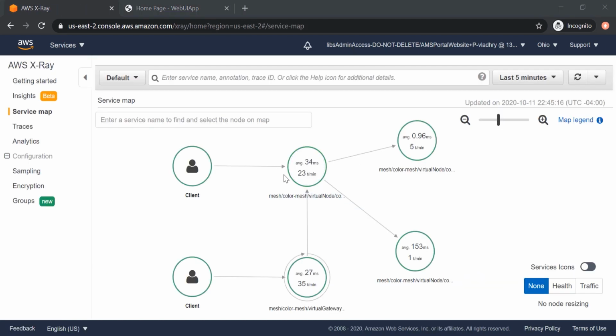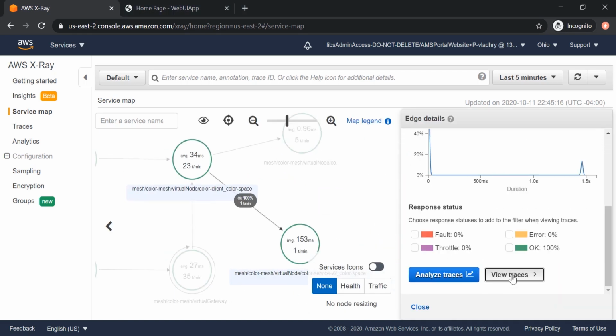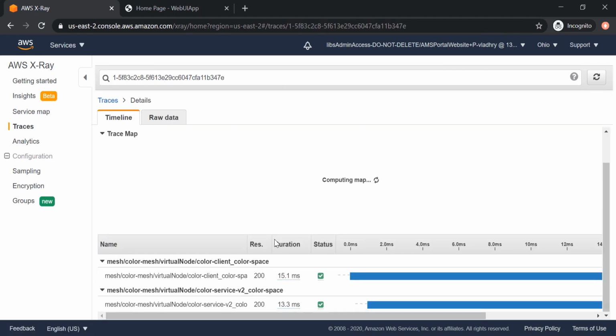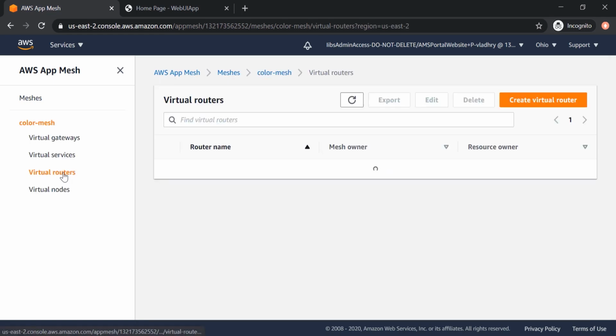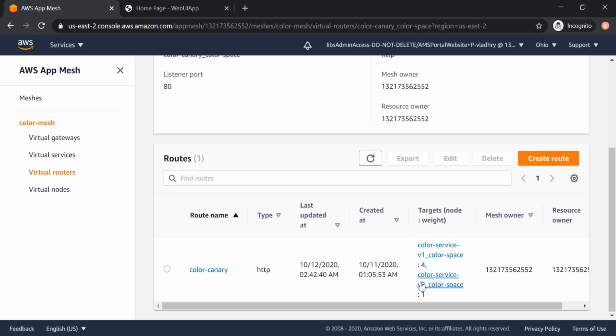Here it is. We see color client application calling both color service v1 and color service v2, and the number of calls is roughly 1 to 4. If we click on service map elements, we can see trace data related to that map element. Finally, let's see our App Mesh page in the AWS console and see how color canary virtual router is configured. As you see, it has 2 routes now, pointing to 2 different virtual nodes representing old and new versions of